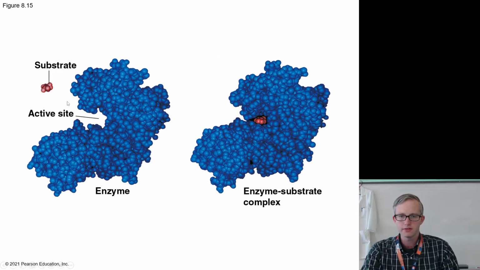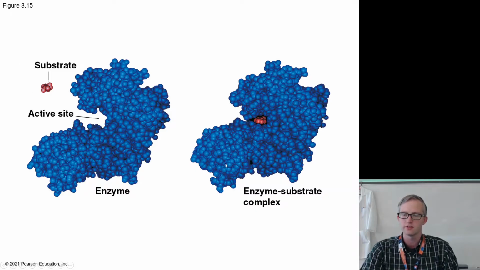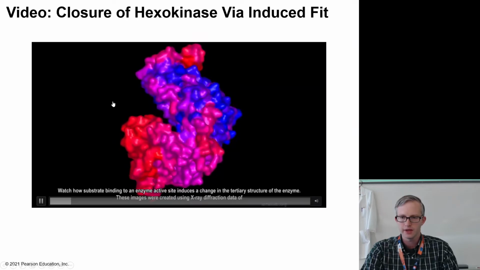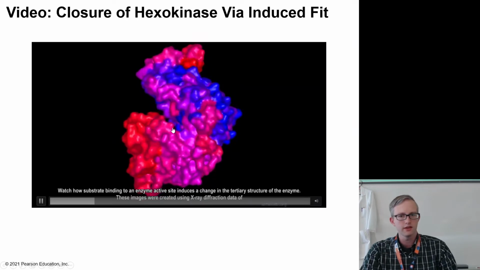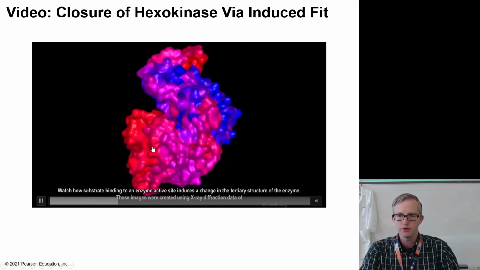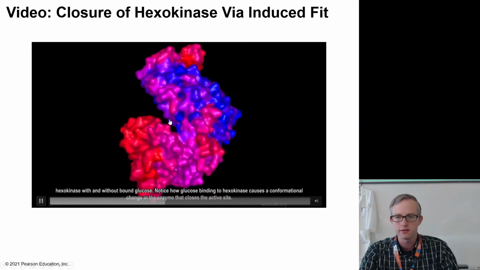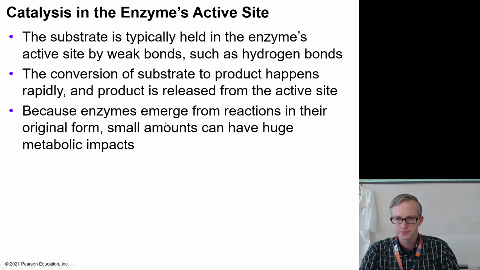And what happens is, as the substrate comes in, because of the chemical profile of this substrate, it's going to be altering the amino acids making up this enzyme. And you can see how this enzyme kind of hugs onto the substrate. The substrate actually causes the enzyme to change its shape. And here's a little video showing that as the substrate comes in, the enzyme folds on itself, being pulled on, manipulated by the chemical interactions with the substrate itself.